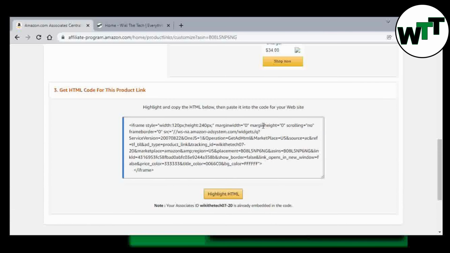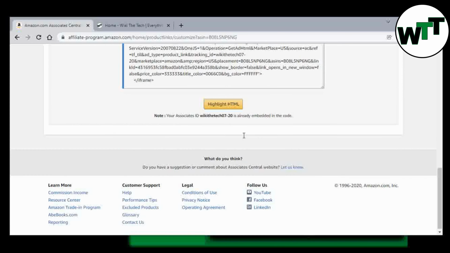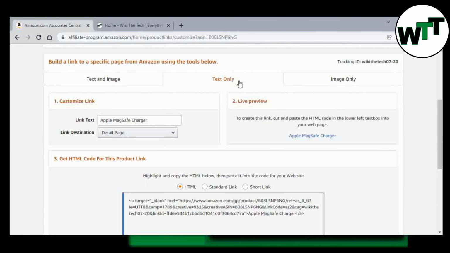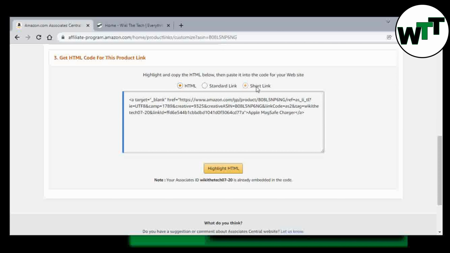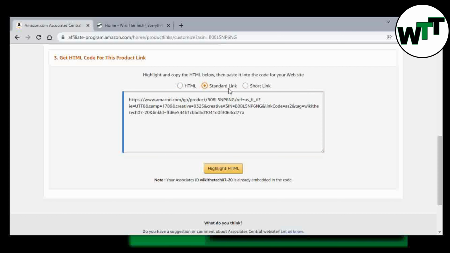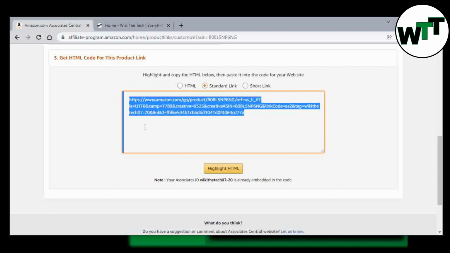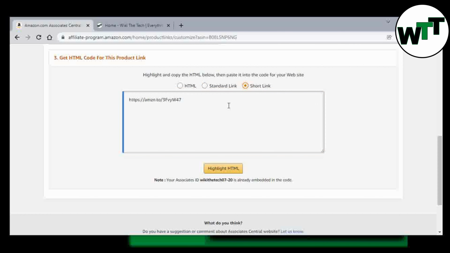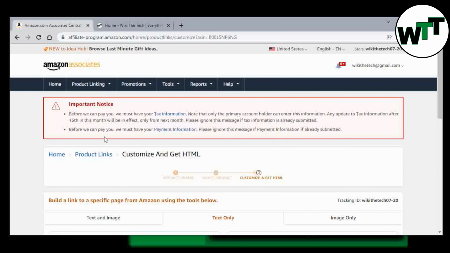go over here, click on text only. So now you will see the same three options: embedded link with your tracking ID, standard link with your tracking ID over here, we need the tag, and short link. So what I will do, I will copy that and send it over to my friend who wants to make a purchase. So once he makes a purchase, you will see everything over here,